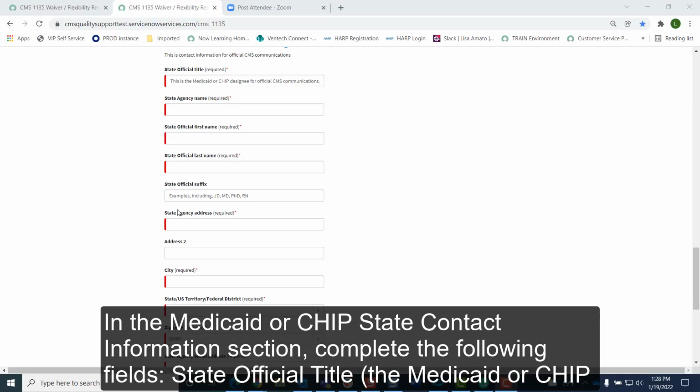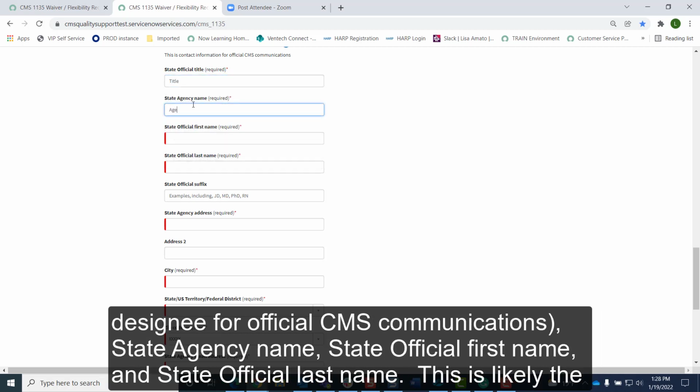Also, if you had selected, I want to submit a general waiver, you can then refer to the emergency preparedness page located at the link displayed on the screen for instructions on submitting a general waiver.